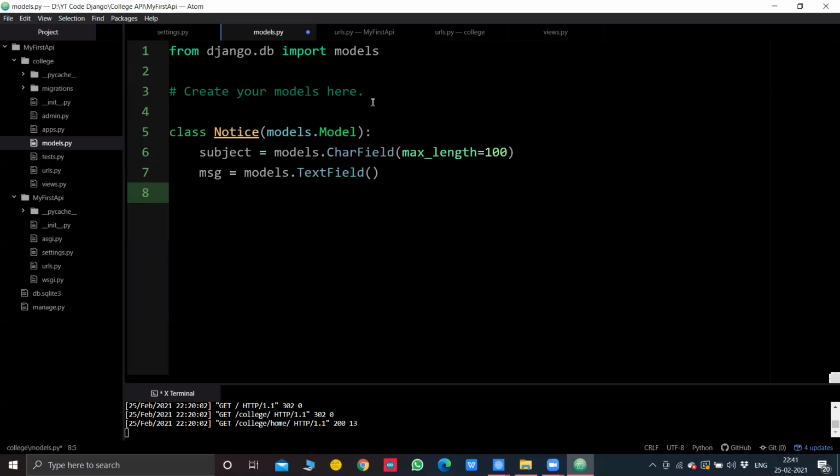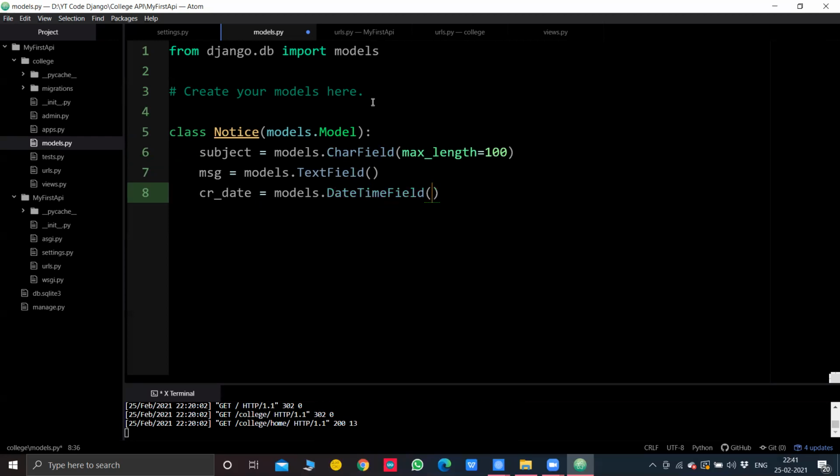And now we'll record the notice created date. I'll mention created date as cr_date, and I'll mention it as models. The date is a date field, right? For that also Django has a predefined model. So we'll mention models.DateTimeField. See the way I'm writing everything. It's very important. The F and T and D and T, everything is capital here.